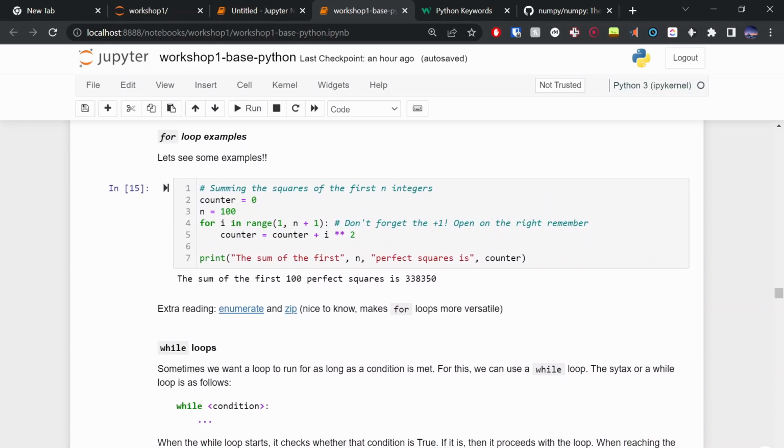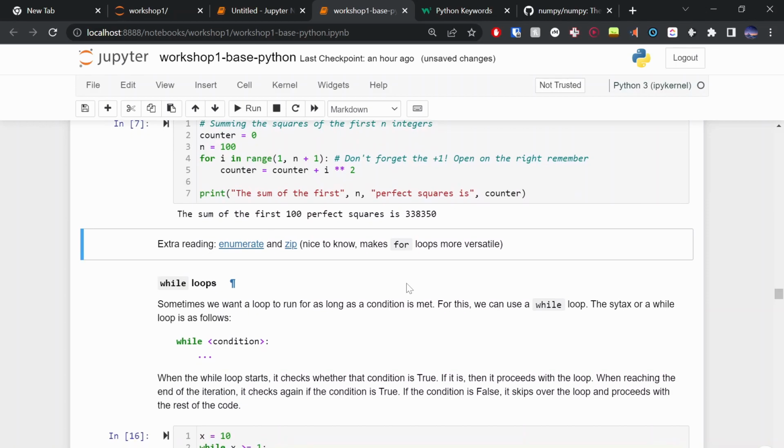So we have a bit of an example there. We're just summing the squares of the first n integers. You can read through this code yourself, but basically, if we run this, we can see that the sum of the first 100 perfect squares is 338,350. I think that's the first example of code that we've seen where, if you try to do that by hand, you can chuck an extra couple zeros onto n, right? Calculating the first 10,000 perfect squares is a bit of a mind-numbing calculation, but Python handles it in its stride.